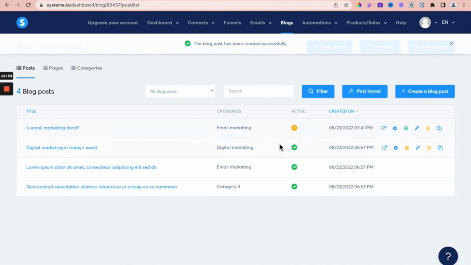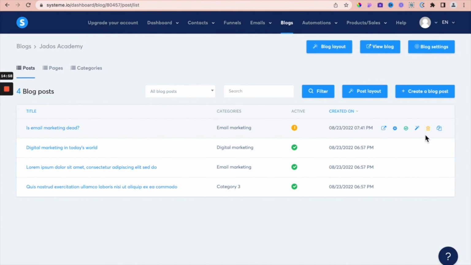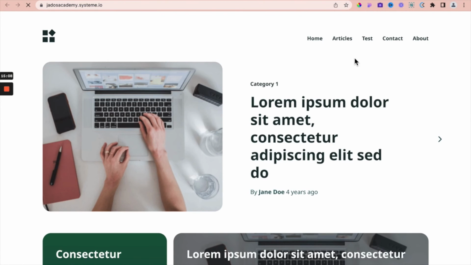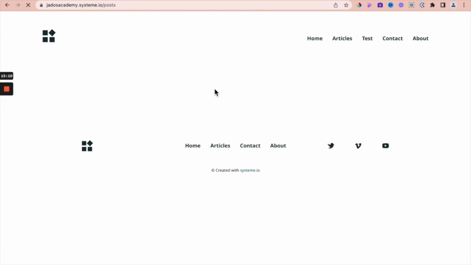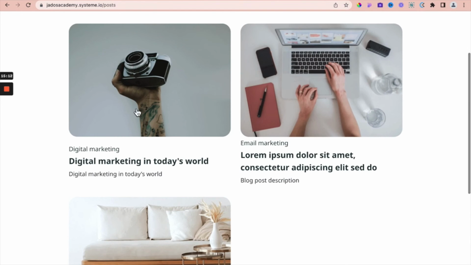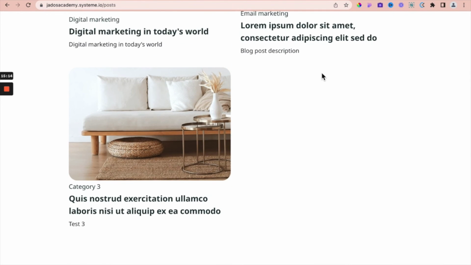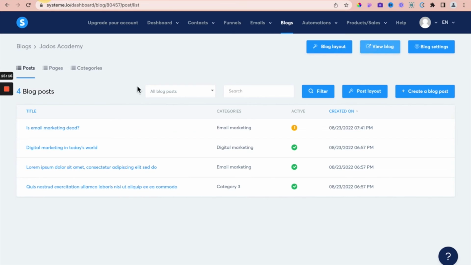Beautiful. When we just create a new blog post, it is not active. We literally have to set it as published before it is displayed in our blog list page. So let me show you what I mean. If I view the blog in the blog list page, at the moment the blog we've created is not here because the blog is not active yet. Let's make some changes to it. So if I edit,